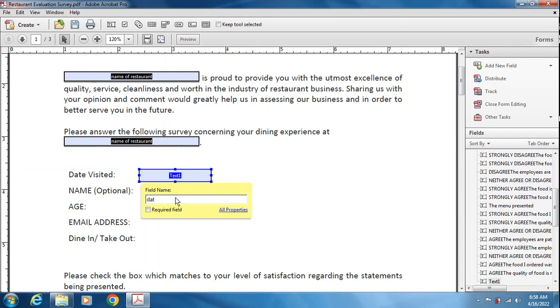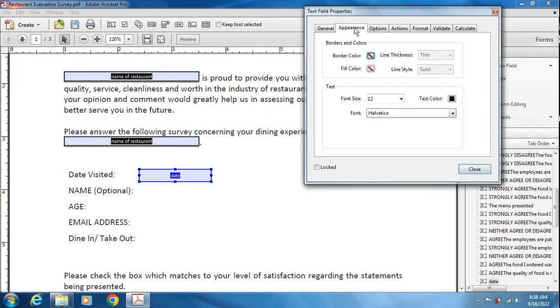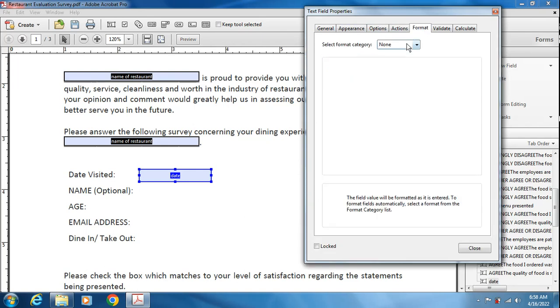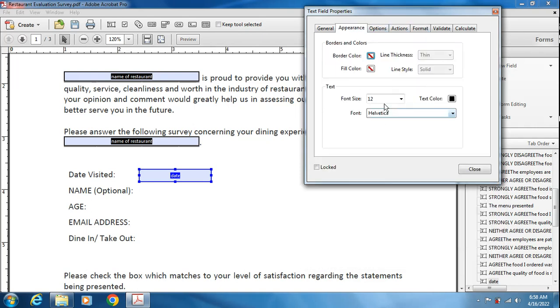name it as date, click on Properties, and appearance I am not changing it. You can change it according to your taste. And for Format options, here I will choose the Date option and go for the custom field and write dd/mm/yy. This is the format which needs to be entered for this field. In the appearance section, you can use a fill color here if required, and I am choosing this color,